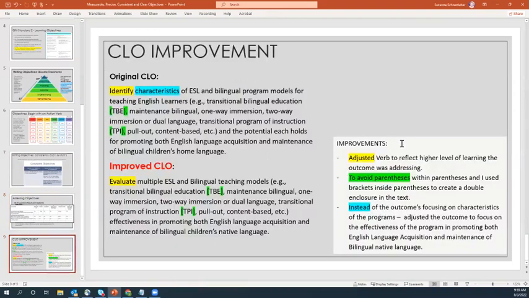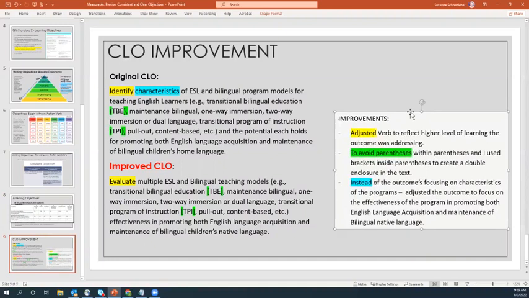Lastly, I was able to look at a CLO from a course development I did probably 3 years ago. The CLO seemed really complicated, and it's not really hitting a very high Bloom's because it's just identify. It was identifying characteristics of bilingual programs in all these different types of programs, and the potential each holds for promoting English and the bilingual home language. In the improved CLO I rewrote, I hit a higher level of Bloom's because what students are really doing is evaluating multiple bilingual teaching models for their effectiveness in promoting both English language acquisition and maintenance of bilingual children's